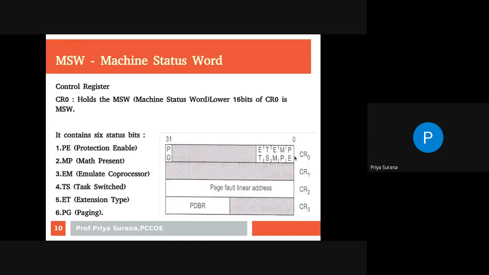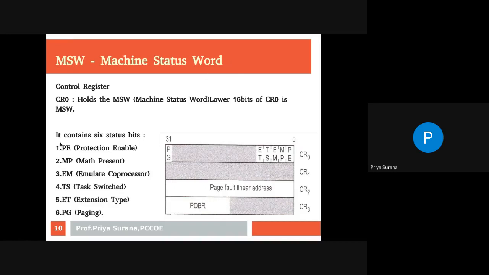From these 32 bits, a few bits are active, a few bits are in use, and the lower 16 bits are called MSW, the machine status word. The name itself says it will give the status of the machine.